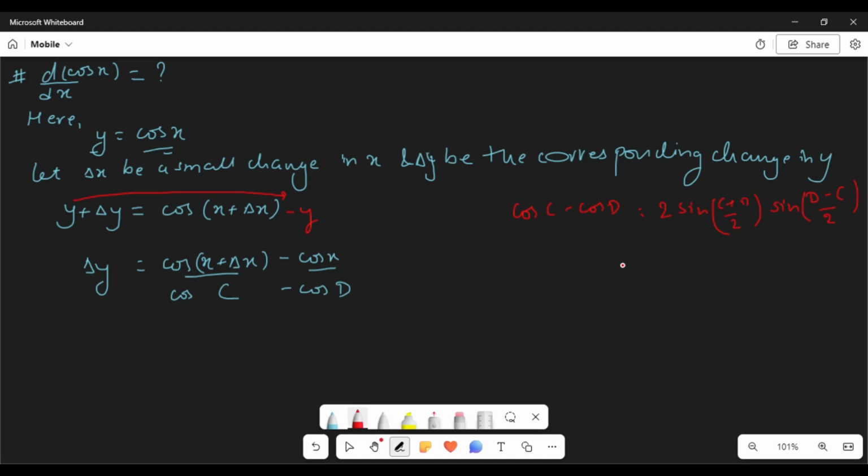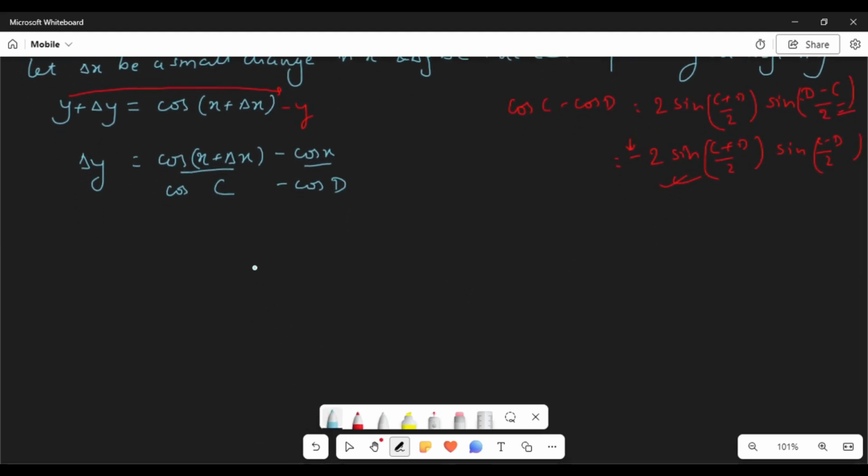Or we have another formula, minus 2 sine (c plus d) by 2 sine (c minus d) by 2. We're just changing its sign, so a minus comes here, since sine of minus theta is minus sine theta. We'll use this formula, it will be easier. So this becomes